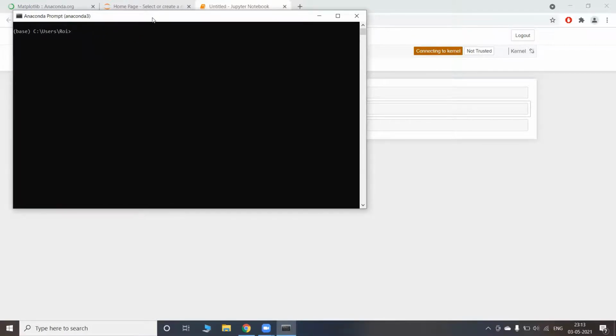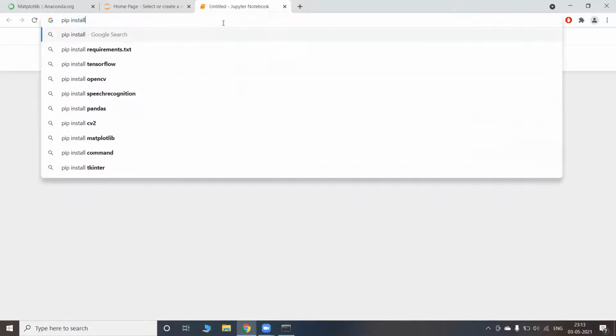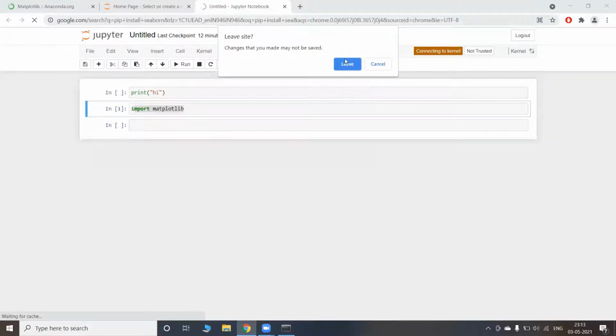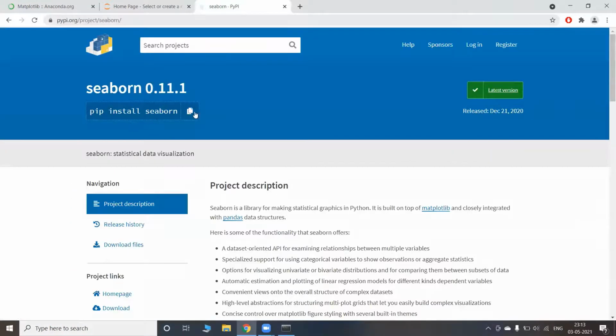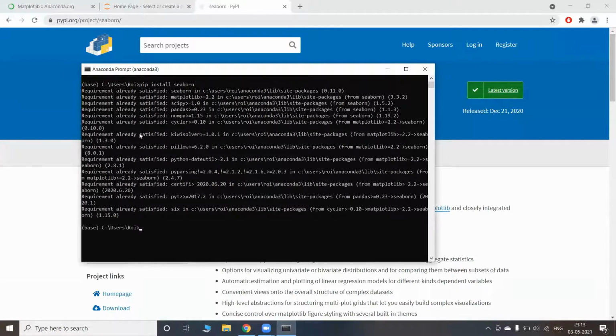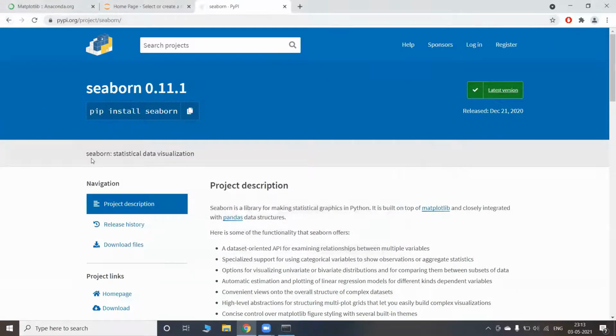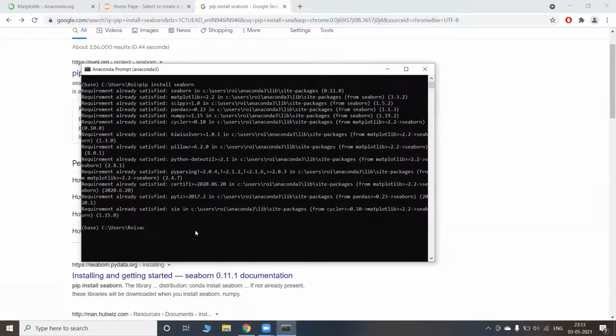For example, if we want to install a package called Seaborn, we will search pip install Seaborn. We could have done using conda also, but we can also install packages using pip. So you can see it is written here, pip install Seaborn. Copy this line, paste it here, and I am installing this in the base environment for now. So as we can see, it has already been installed in this. So we should select some other package that has not been installed. Okay, I will install this in env3.